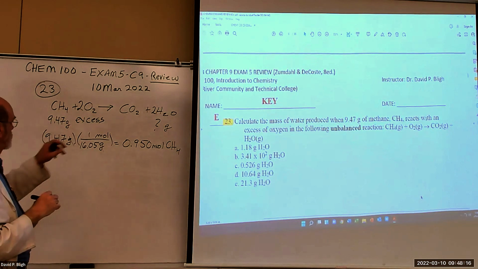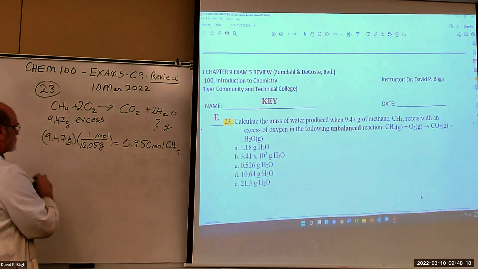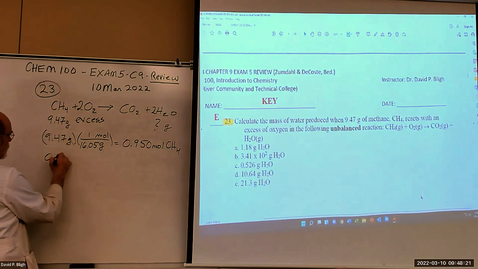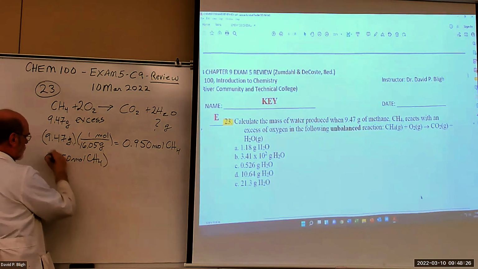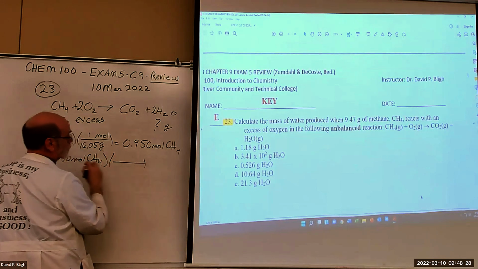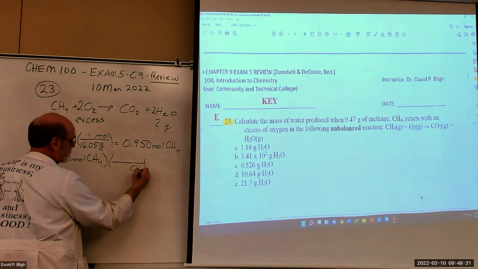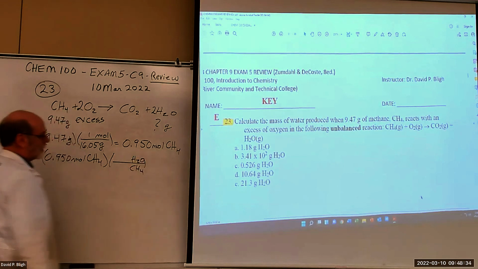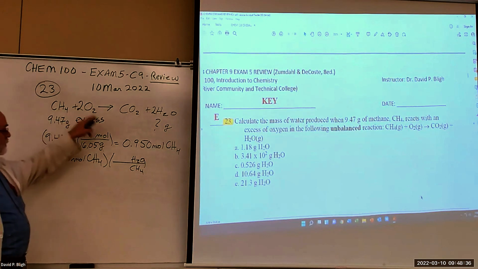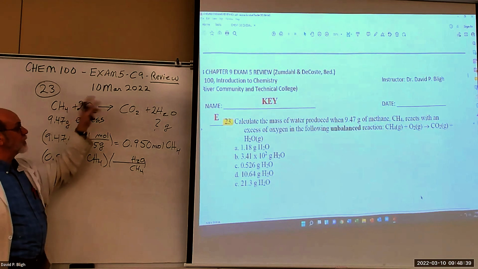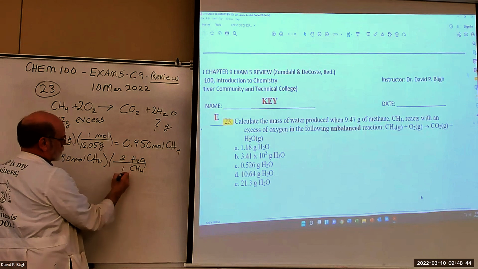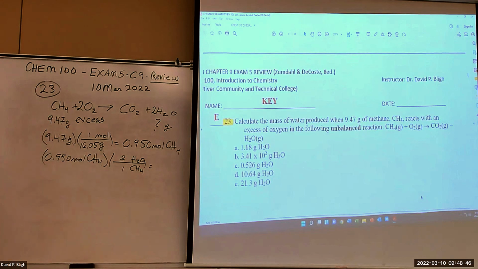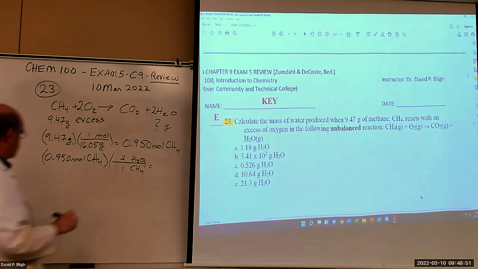And we want grams of water, 0.950 moles of methane. We got to convert that to moles of water first. Right? We couldn't get there from grams. We had to make moles. Now we can go to moles of water with the coefficient ratio. So 2 to 1. All right, just 2 times that number, right? So I get 1.18